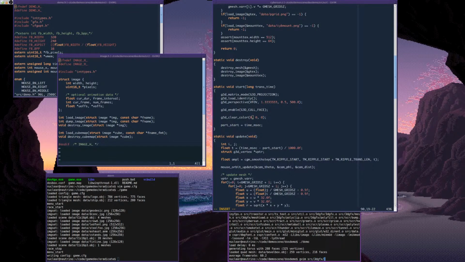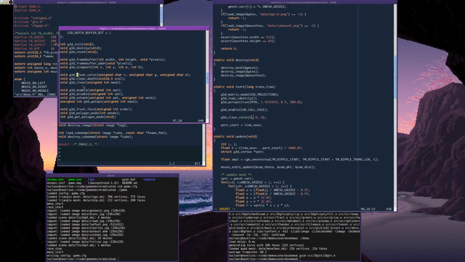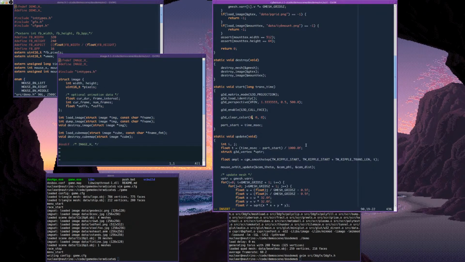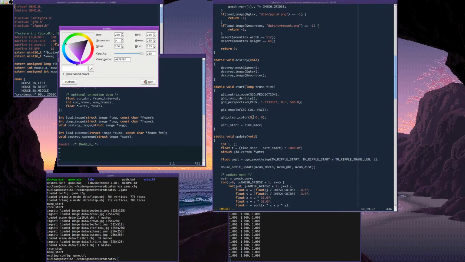SRC, 3DGFX, clear color. Okay, they are integer values. So if the color is something like, and I'm going to replace this with a gradient at some point, but let's just say, for argument's sake,